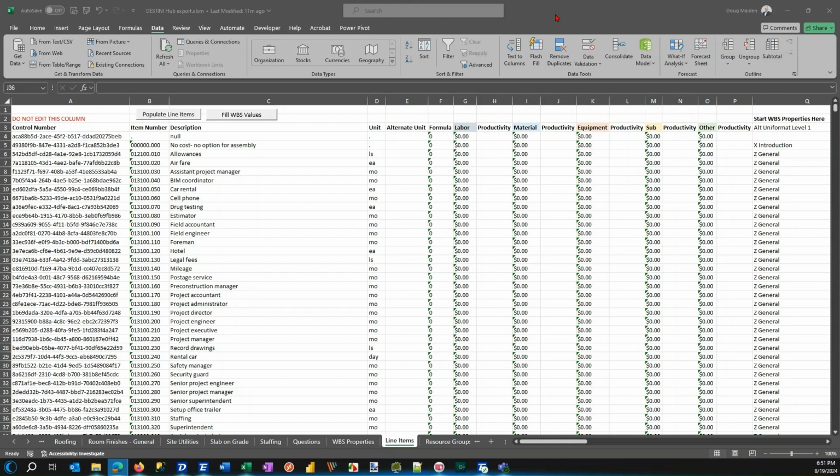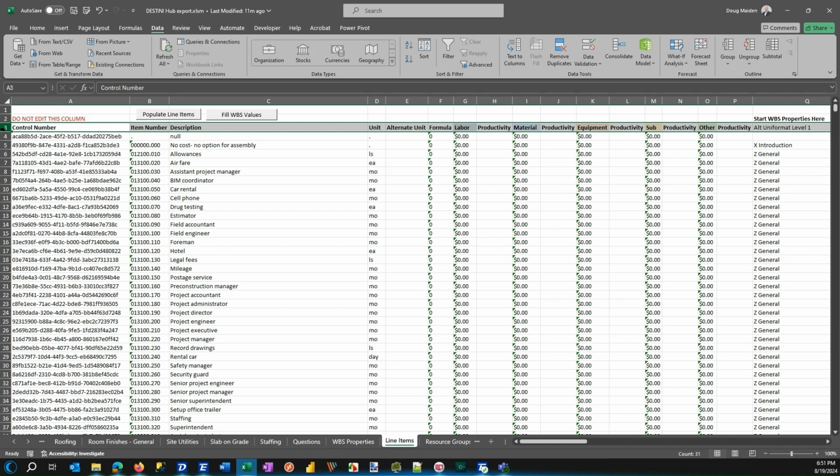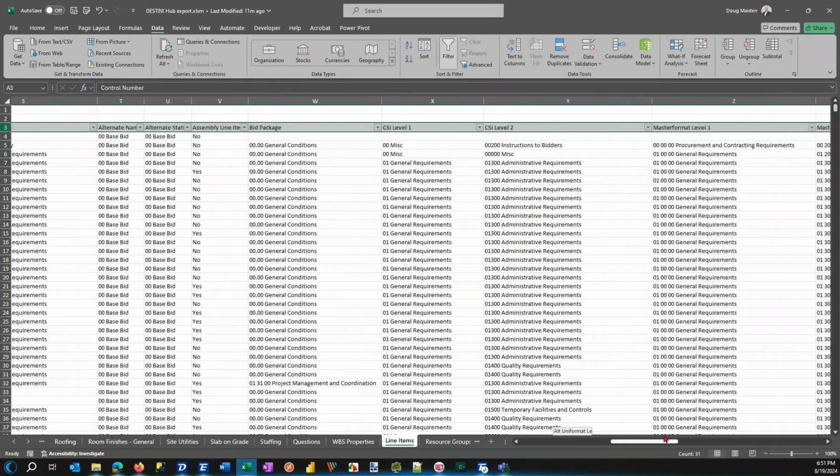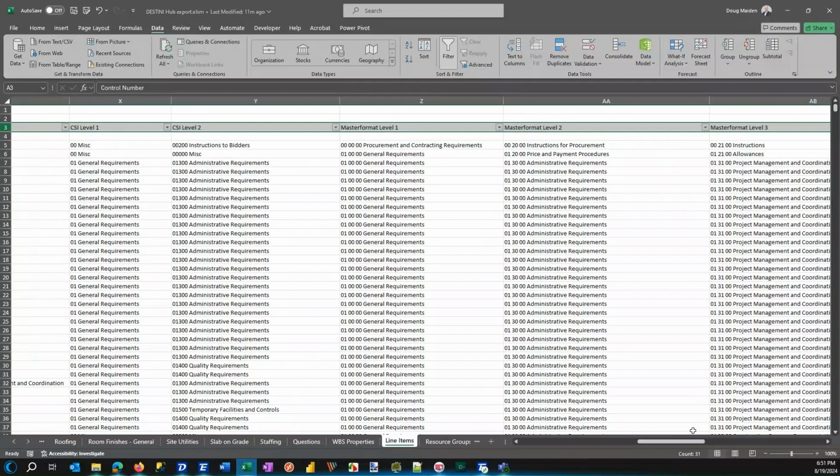More techniques to share with everyone when it comes to working with line items in Excel for import back into DESTINI Data Manager. I like to select on row 3 and turn on filter. And I intentionally do this in the data tab and select on filter. Now, I can go ahead, as an example, if I wanted to filter on some data, say like master format